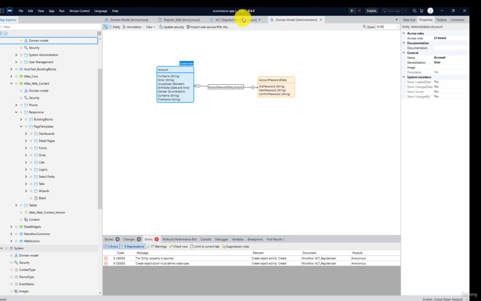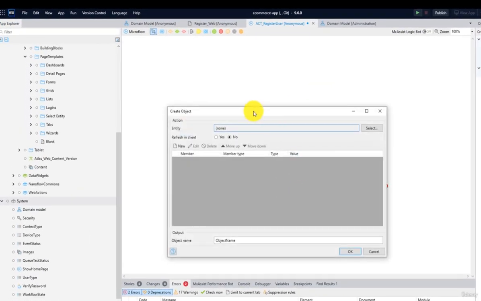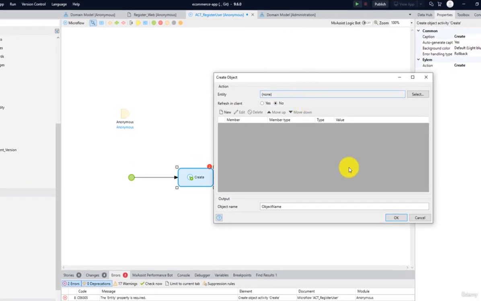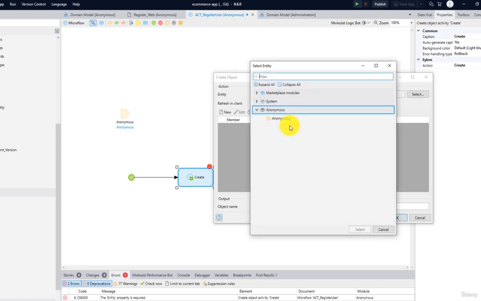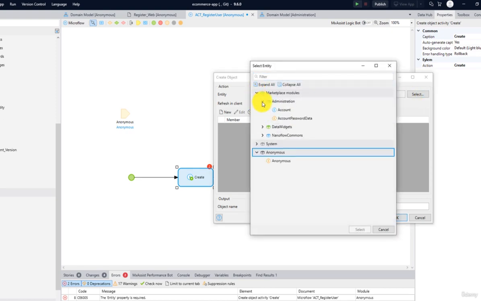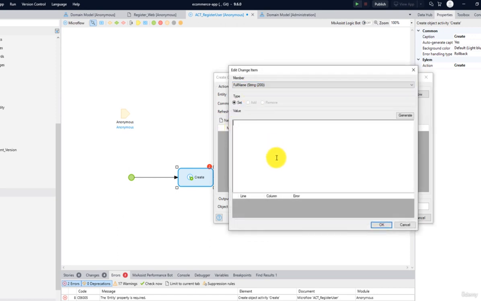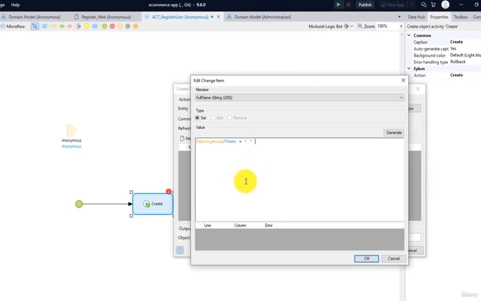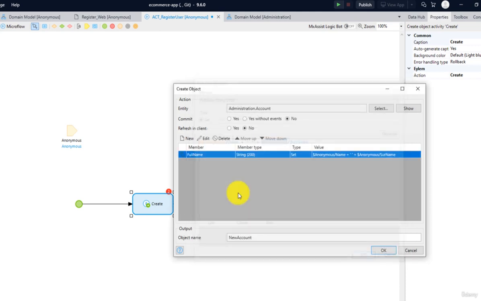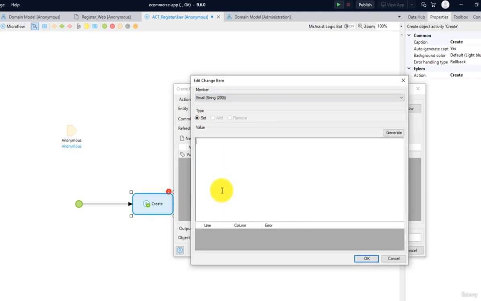So control save and go to the microflow and open this one. We didn't click OK, so it removed the previous attribute settings, and I will create them again. Let me choose full name, again anonymous name plus space, and again anonymous surname. Okay, and let me copy this one, and let me set the email